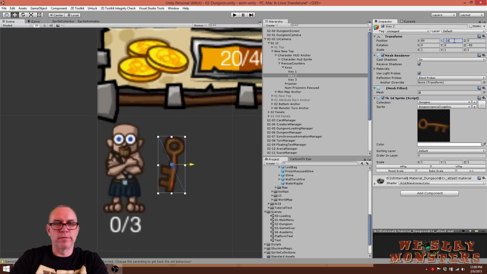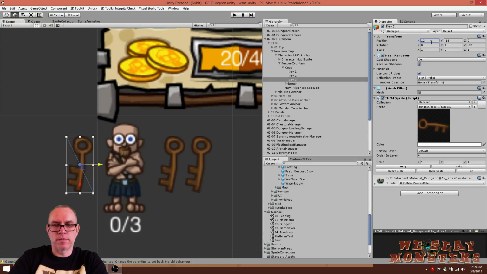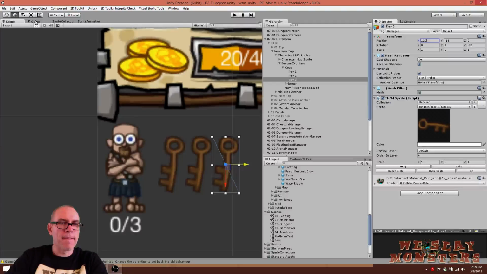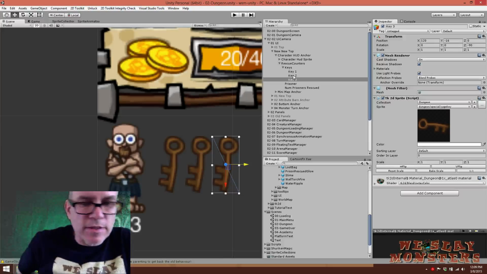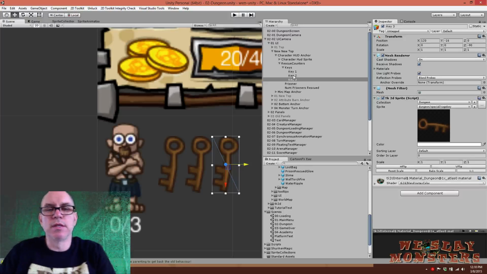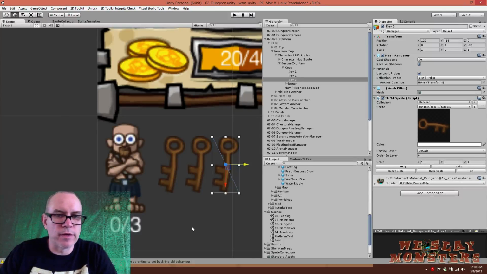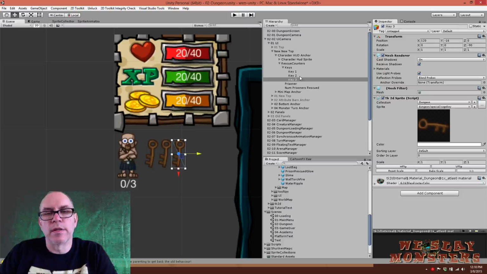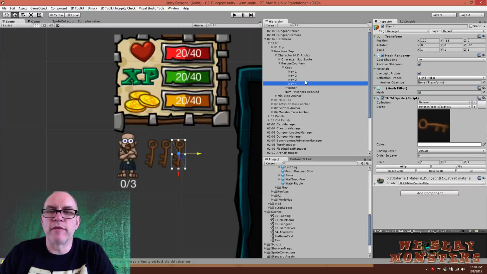Ah, I totally did that wrong. I want them to all be at the same Y, and then at different X's. So 80, 90, no, 100? Sure. All right, I'm going to say 3 keys is enough for now. I can't imagine why anyone would keep all the keys. And right now, well, you know what, I'm going to go ahead and allow more. I'm not sure how many prisoners we're going to have, but